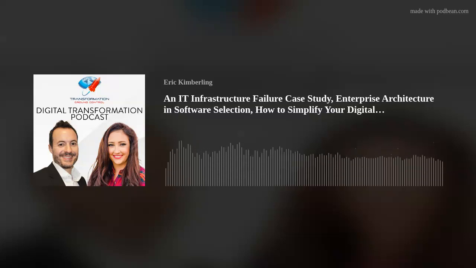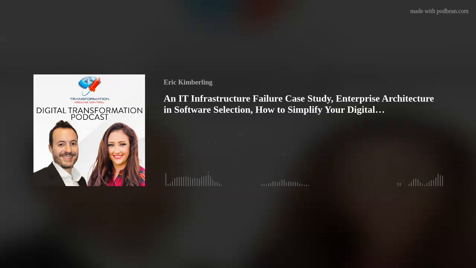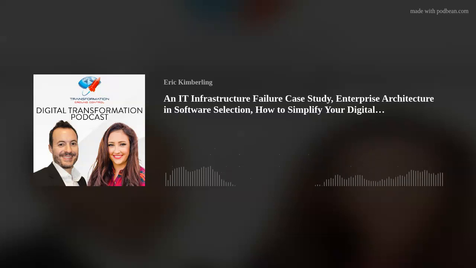We're here with Mehdi from Technology Evaluation Centers talking about enterprise architecture in software selection and implementation. Let's jump back into the conversation. Here's a question from Kyler on LinkedIn, who says, what comes first, the software selection or system architecture? So I guess it begs a broader question of where and how does enterprise architecture fit into the entire life cycle of software selection, evaluation, and implementation?